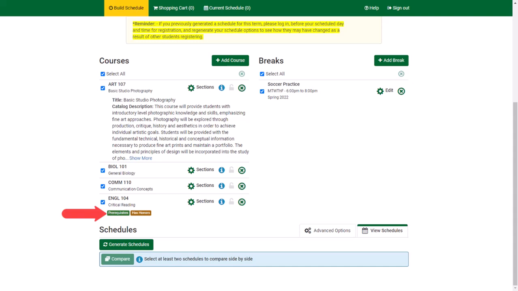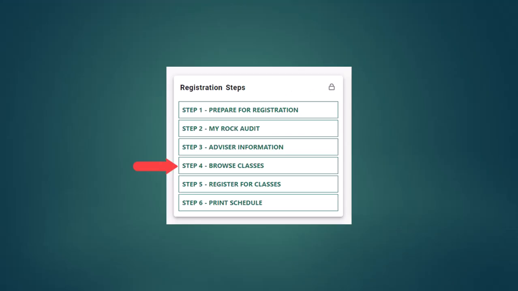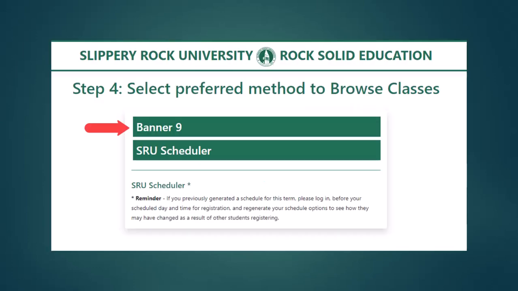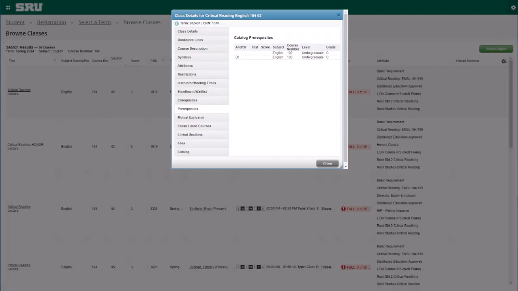To see the specific prerequisites for a course, return to My SRU and click Step 4, Browse Classes. Then select the Banner 9 option. Search for the course you want to add, click the course title, and then click the Prerequisite tab to verify